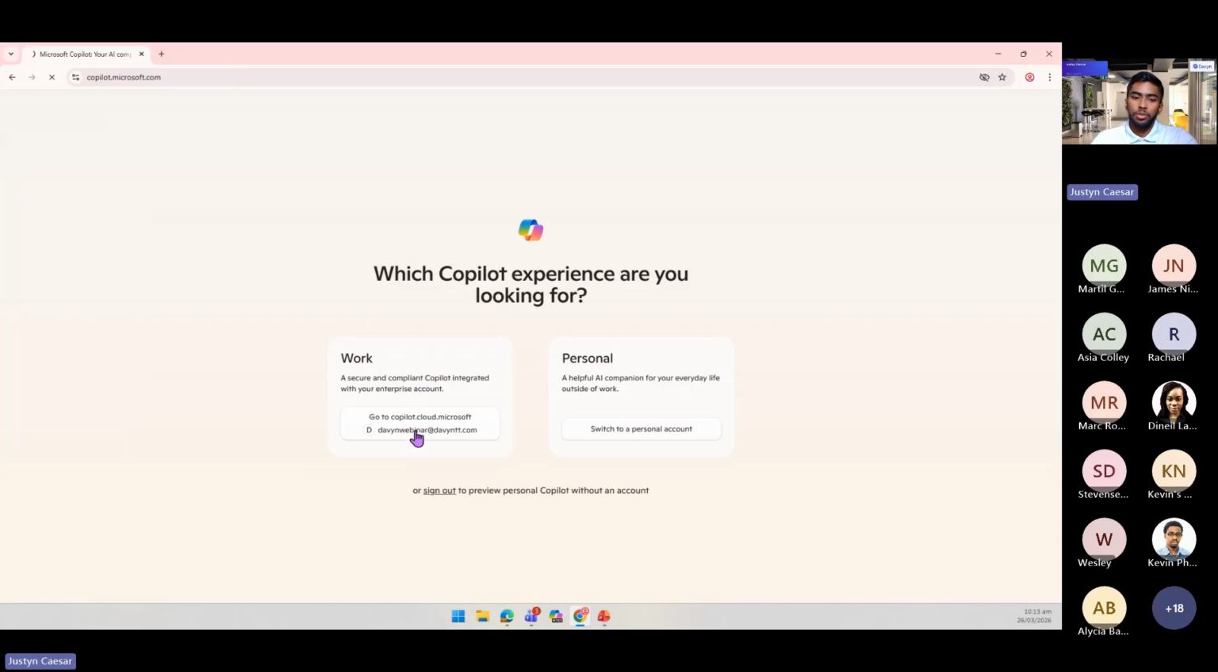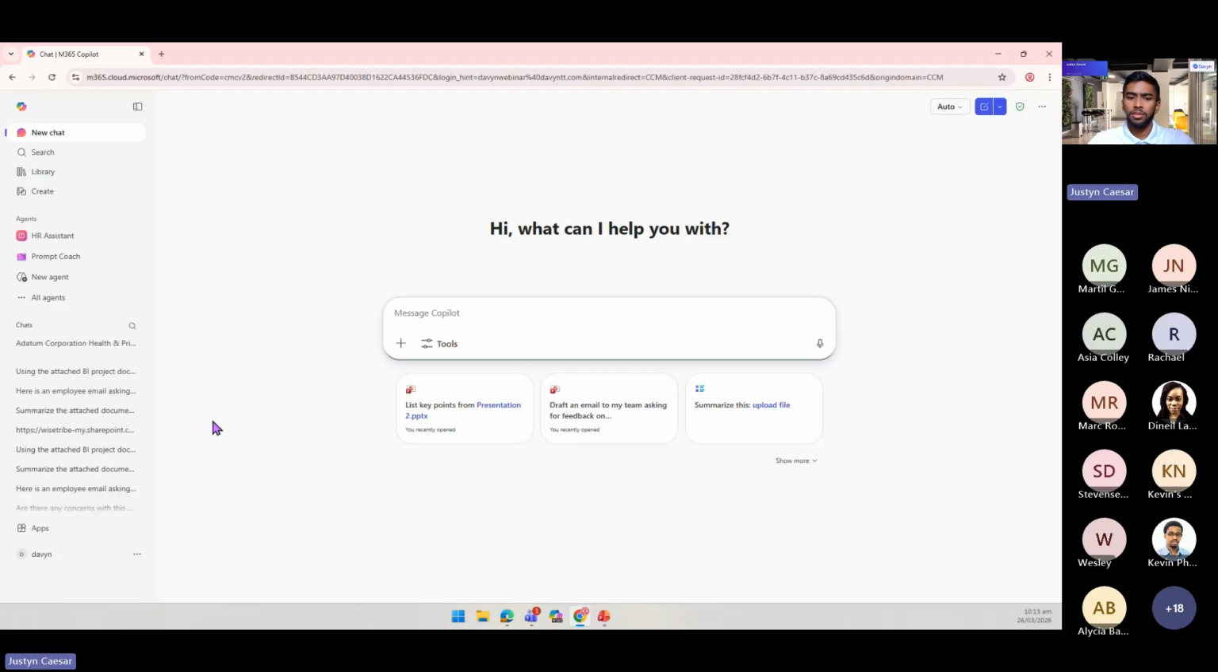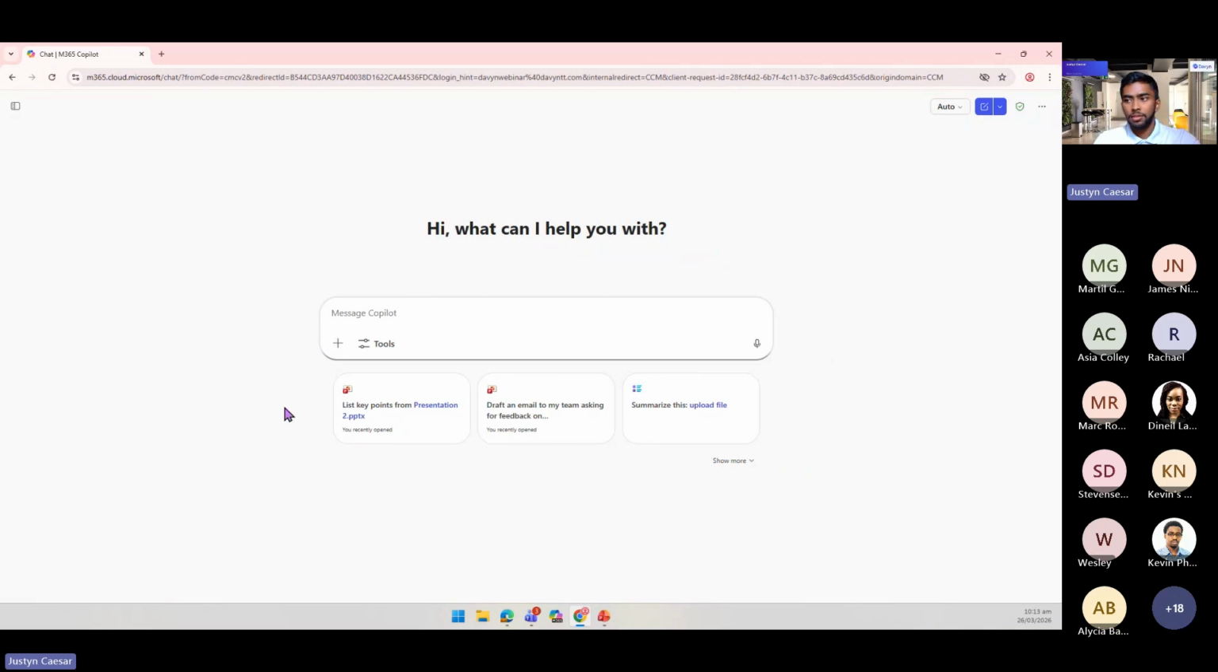I'm going to go ahead and use my work account. Now, again, this account just has a business basic license assigned to it, no Copilot license. At the bottom here, I can actually see Copilot Chat Basic, so I'm aware of the version of Copilot that I'm using. Now, this is the interface, very similar to what you may have been already interacting with,